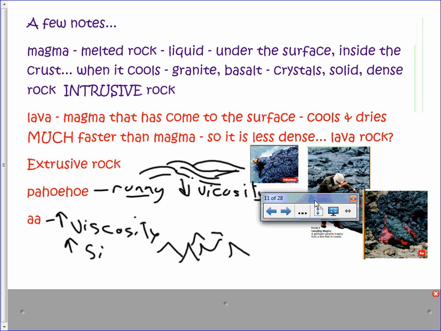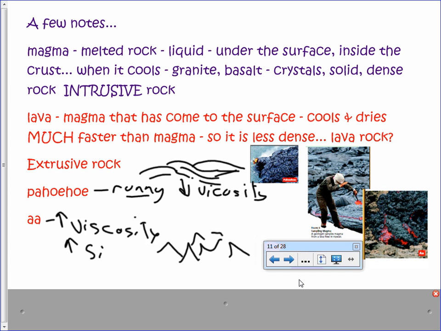And so the last thing for today is this. So again, the magma is melted rock that's liquid under the surface of the ground, inside the crust. When it cools, granite, basalt. Oh, oops, granite. It's got crystals. It's very dense. Intrusive rock. Lava comes to the surface, cools and dries. It's less dense. It has smaller crystals. And this is actually basalt also. And again, the two Hawaiian words, it turns out a lot of studies of volcanoes go on in Hawaii. And so the pahoehoe is that runny, low viscosity, ropey, looks kind of like pulled taffy or cooled wax. The aa has high viscosity, high silica content, and is very pointy. Okay,